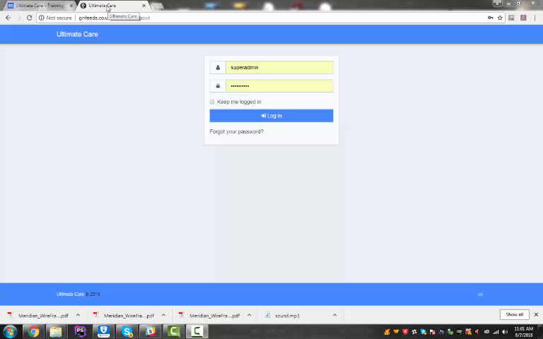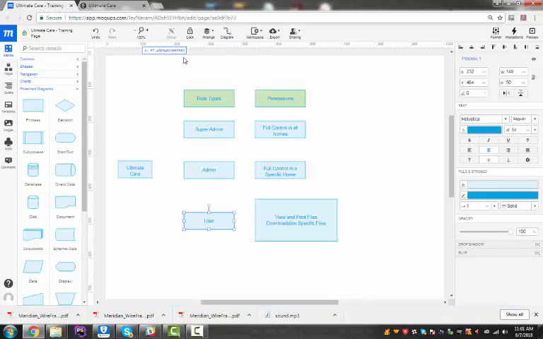So let's start with the role types that consist with Ultimate Care and the role-based permissions first. Ultimate Care is comprised of three major role types: superadmin, admin, and user. So the superadmin